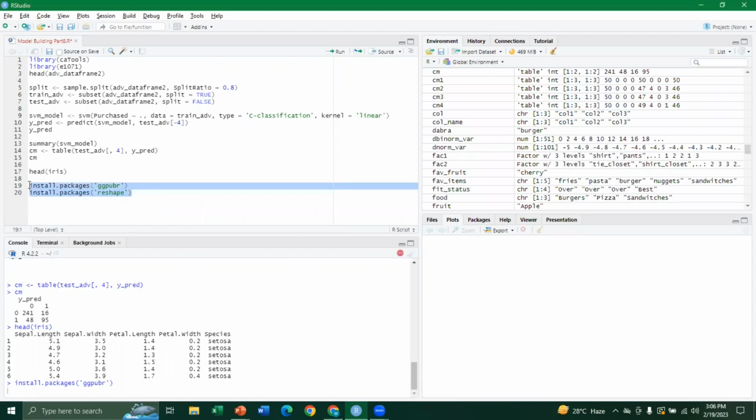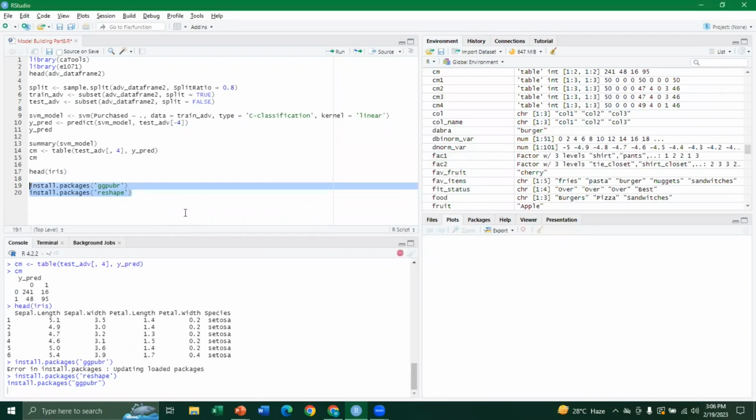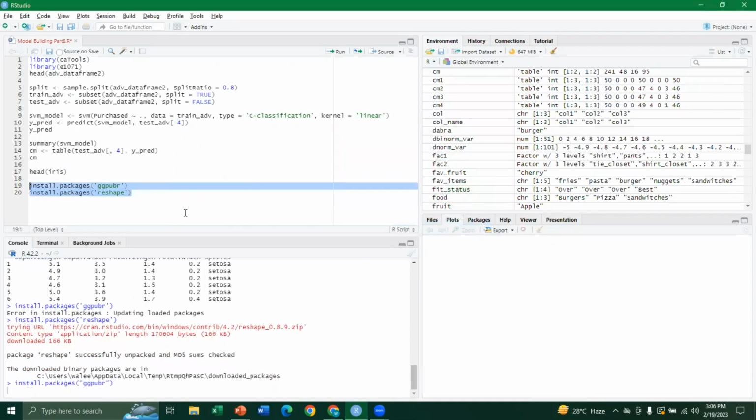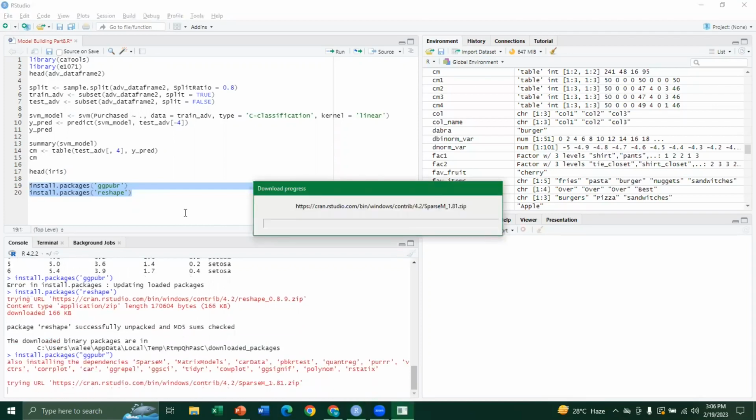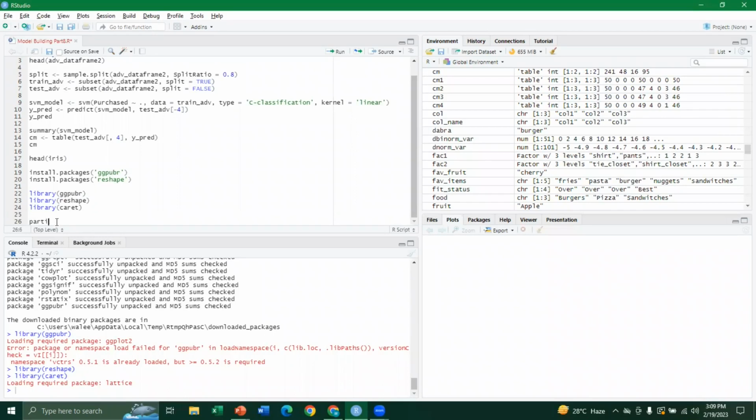The package is being downloaded. All right. Now let's load these packages. All right. Here I will say library and reshape, library caret. All right. Now, first of all, I will create a variable with the name of partition,